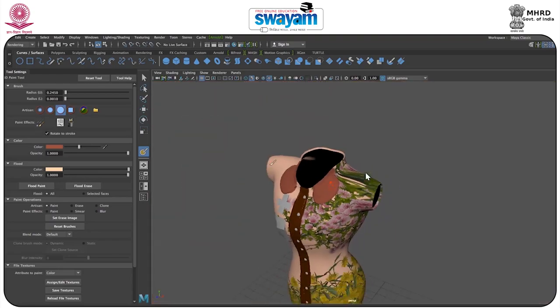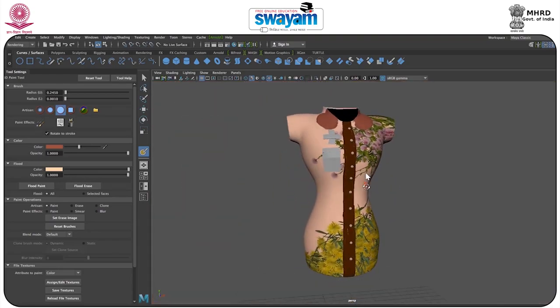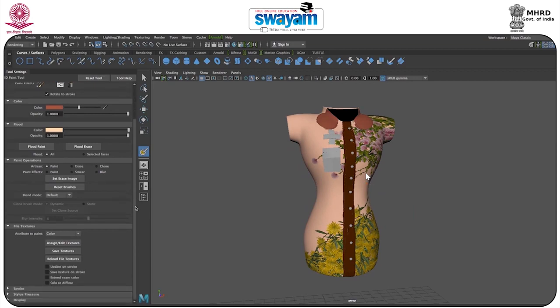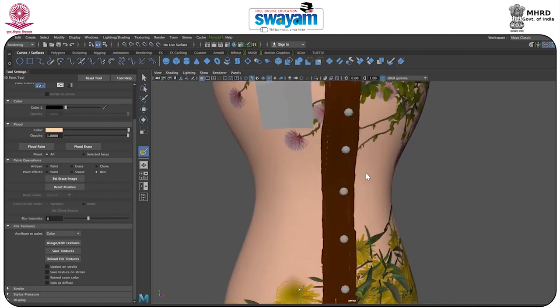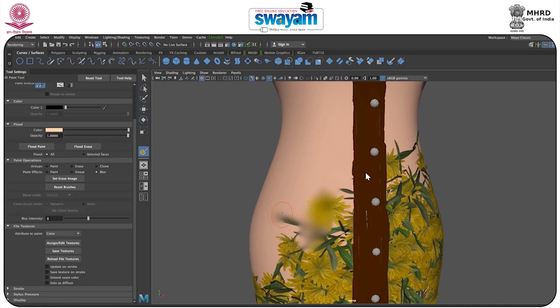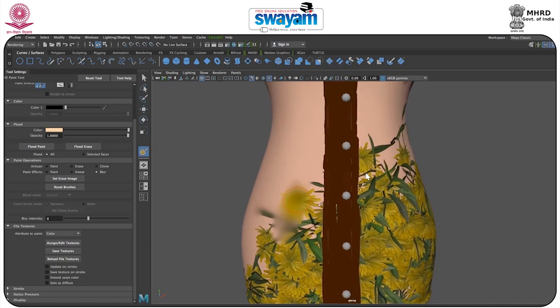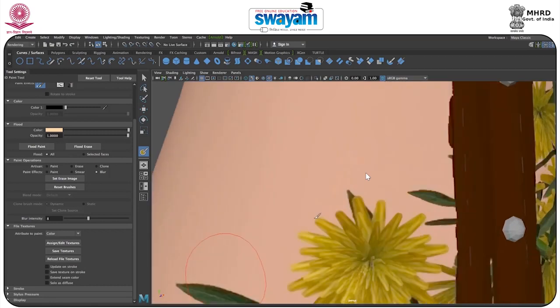With the help of painting, you can achieve a good result, and with simple modification of your brush, you can have a good result. As you can see here, we have the clone and blur and all. So if you click over the blur, you can blur this out easily. We have discussed this in a previous session. You can work quite well with the help of the modification which we have here. So with the help of these common features, you can do it well. So I hope you understand the concept of painting.